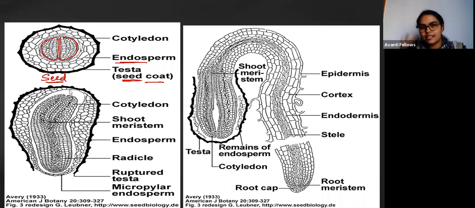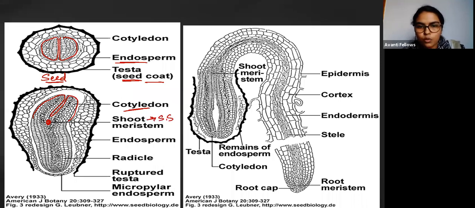अभी ये seed है, seed has already got the appropriate conditions, like good moisture, good temperature, good water content. Now it is imbibing the water and starting to germinate. अभी germination start हो गया है. So what is happening here? These are the two cotyledons. Can you see? These are the two growing cotyledons. And this is the shoot meristem from where the shoot system will originate, right?